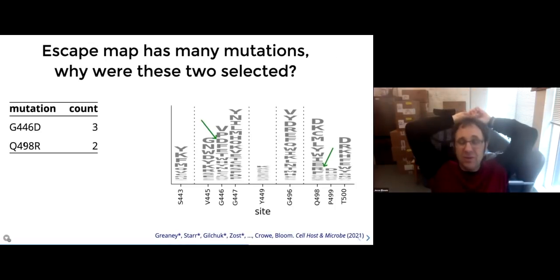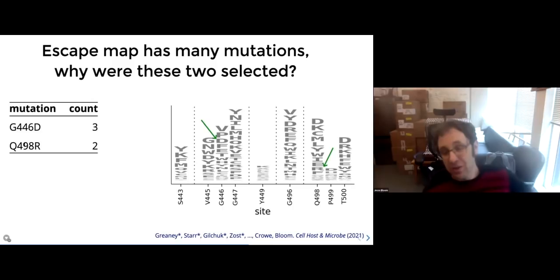So first, we just went and looked at this first biochemical phenotype, which is how do the mutations affect antibody binding. Here I'm showing all of the sites with tall letters. And you can see that, in fact, the 2 observed mutations, G446D and Q498R, are among this set of tall letter mutations. So they do reduce antibody binding. But looking at this biochemical phenotype alone has low predictive power because there's a lot of other mutations that also escape antibody binding that did not appear in the context of virus.